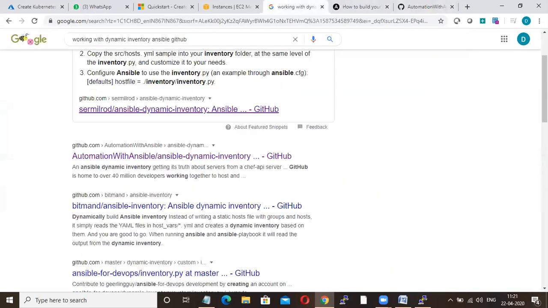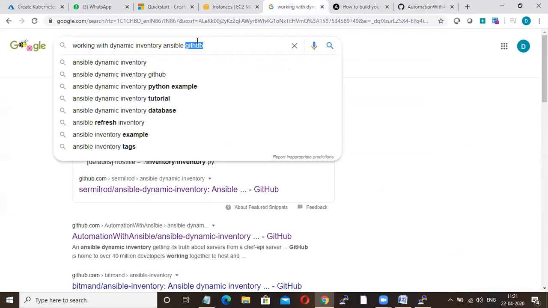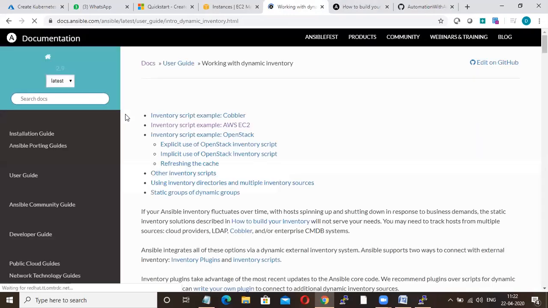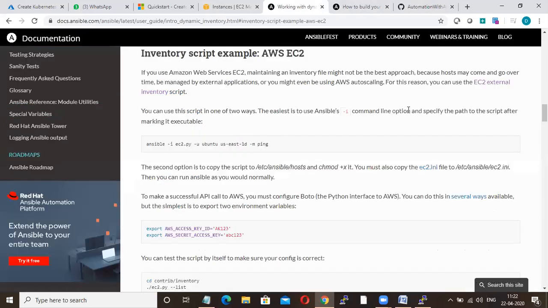Okay. They have changed the script, I guess. I'm not in the official website itself. So here, working with dynamic inventory, here you will have AWS EC2. For this session you can use the EC2 external inventory script.